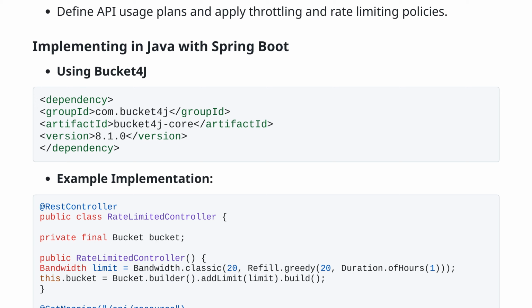Next, let's see an example implementation. This example demonstrates a basic rate-limited API endpoint using Spring Boot. Java: @RestController public class RateLimitedController { private final Bucket bucket; public RateLimitedController() { Bandwidth limit = Bandwidth.classic(20, Refill.greedy(20, Duration.ofHours(1))); this.bucket = Bucket.builder().addLimit(limit).build(); } @GetMapping("/api/resource") public ResponseEntity<String> getResource() { if (bucket.tryConsume(1)) { return ResponseEntity.ok("Request successful"); } else { return ResponseEntity.status(HttpStatus.TOO_MANY_REQUESTS).body("Rate limit exceeded");